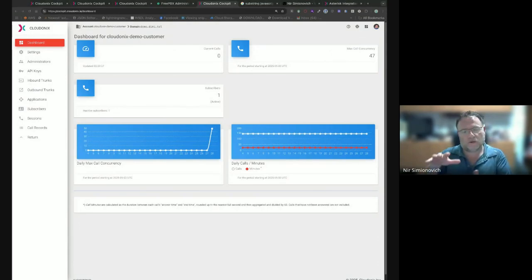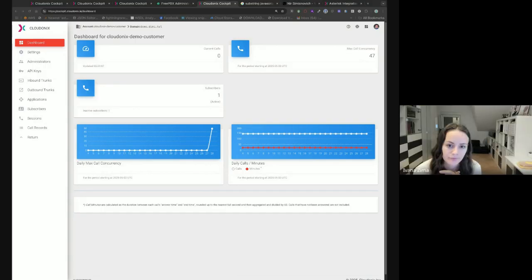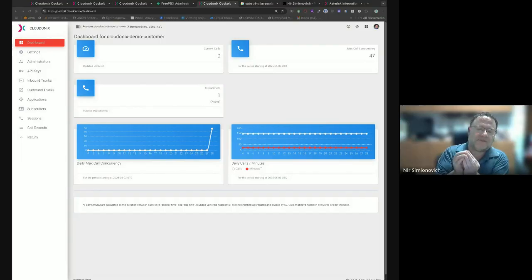Every domain is its own logical unit. Inbound trunks, outbound trunks, voice applications, phone numbers, API keys, all of that are part of a domain because it's like a workspace. Okay, that compartments everything for you in a very secured manner so that things don't start moving from left to right.